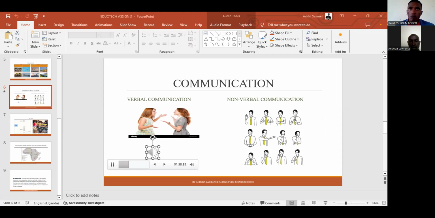So can you tell me about water transport? Yes, water transport refers to movement on water from one port to another port, or from one landing site to another landing site. The best example I can give is the one that is done on Lake Victoria. Another one that we can talk about is air transport.